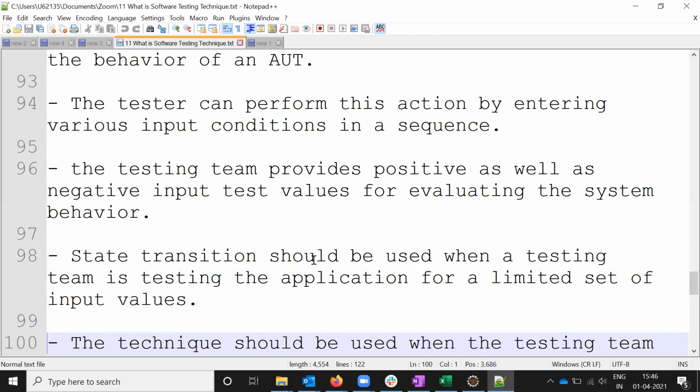The team provides positive as well as negative input test values to check the system behavior. We provide a positive value and a negative value to that particular text box, and we validate all the negative and positive scenarios.